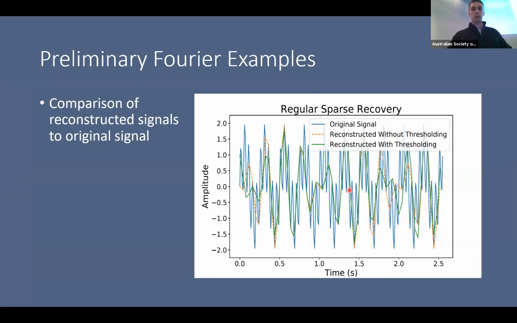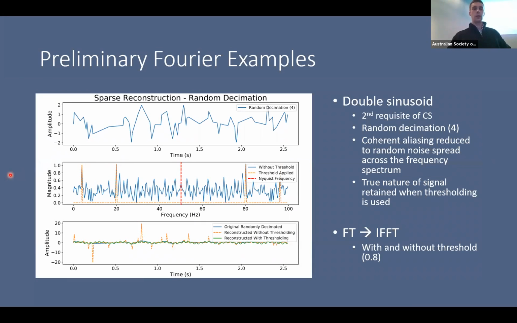So this just shows the original signal versus the reconstructions at 4 times decimation, regular decimation. Now, if we bring in the second requisite of compressive sensing, which is incoherence or randomness, at the top there,